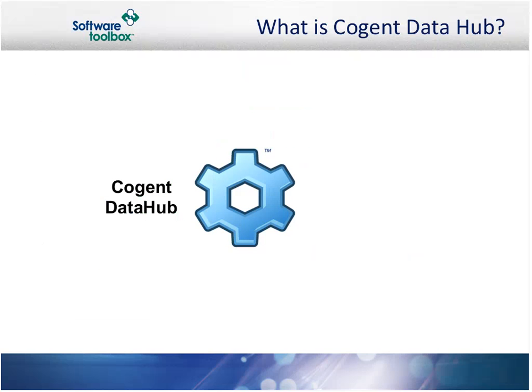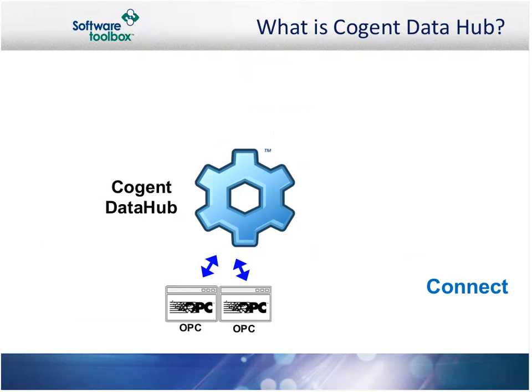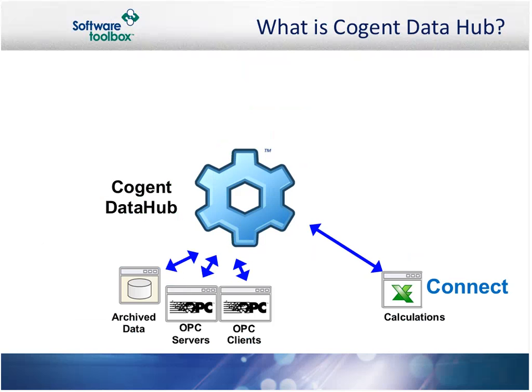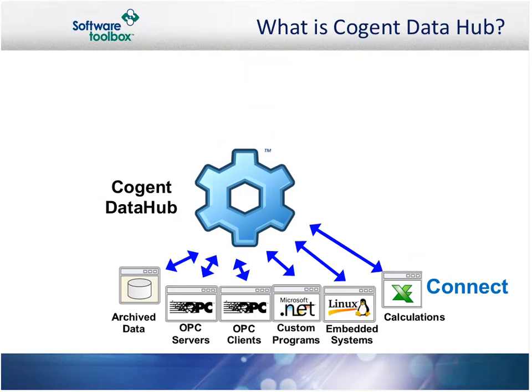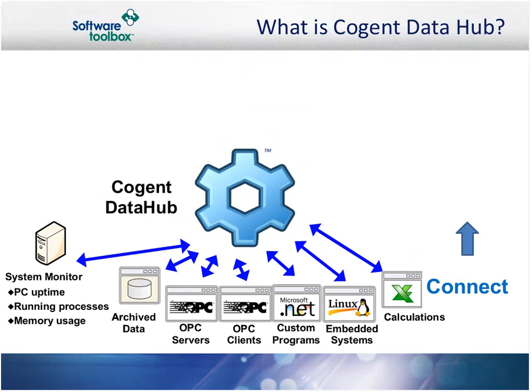So, Cogent Data Hub. What is it? Cogent Data Hub is a single software package with a variety of features. We break the functions into 3 different categories: connect, integrate, and use. The Data Hub can connect to a variety of data sources, such as OPC data sources, including both DA and A&E. We can act as both a client and a server and connect with DDE, ODBC, custom .NET applications, Linux, and other non-Windows operating systems. And we can also connect to Windows system information, such as memory usage, CPU usage, or